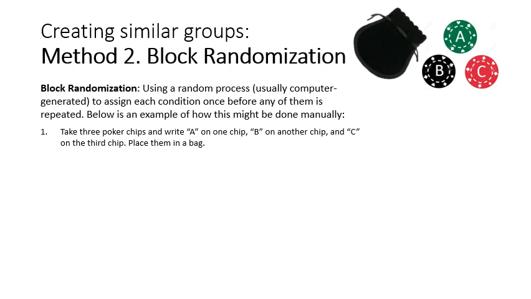Well, you could take 3 poker chips, just 3, and write an A on one, a B on the second, a C on the third, corresponding with your 3 conditions, and put them into a bag. You could then arrange the participants into blocks of 3 participants each. Usually this would be done at random, and at a time when the participants aren't right in front of you. But whatever you do, this arrangement into the blocks would have to be random so that you don't have